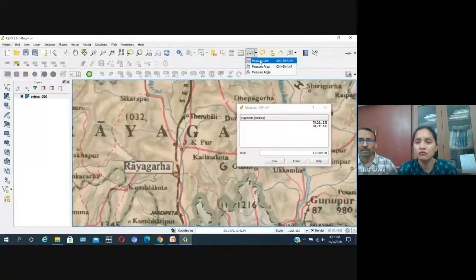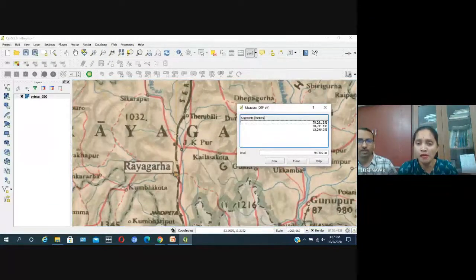By taking the measure line tool, you have to click on the first point from which you want to measure the distances, and then click on the destination point for which you want the distance. In the assignment you have been given, you have to note down the coordinates.